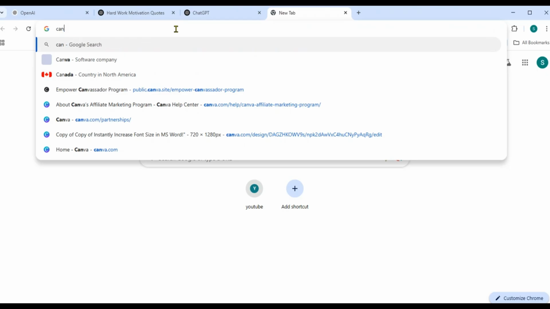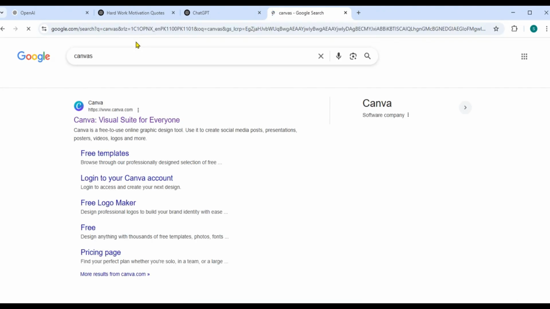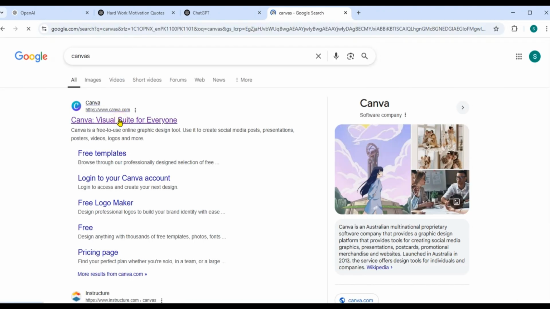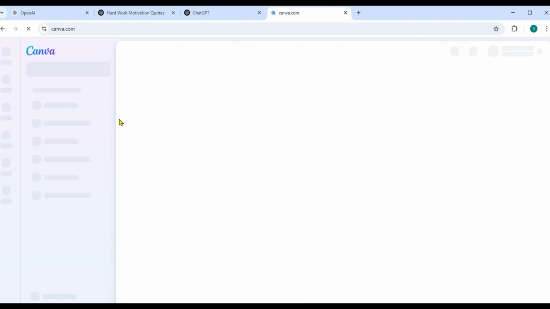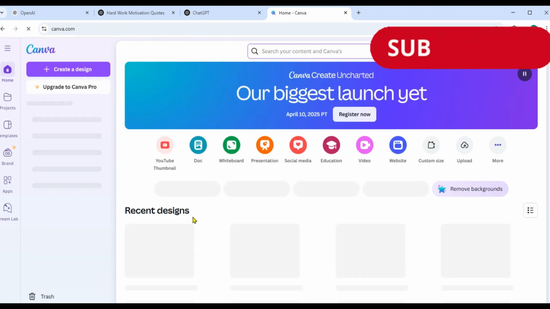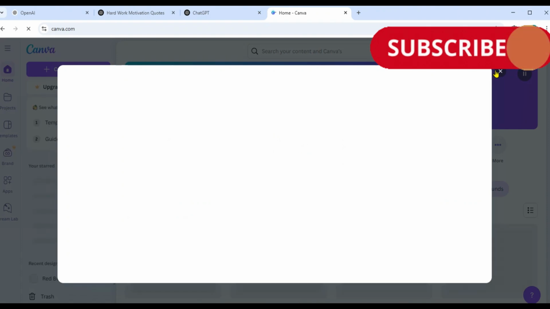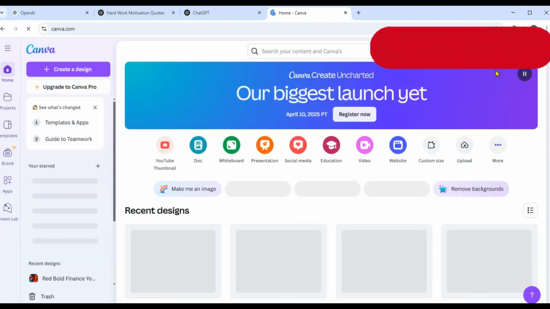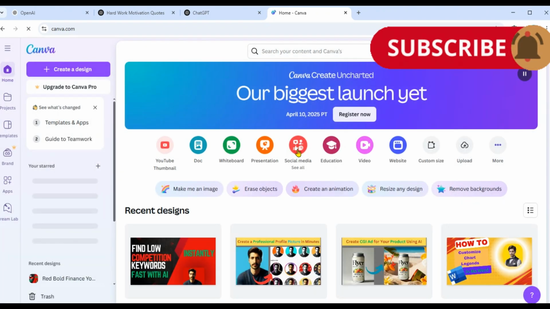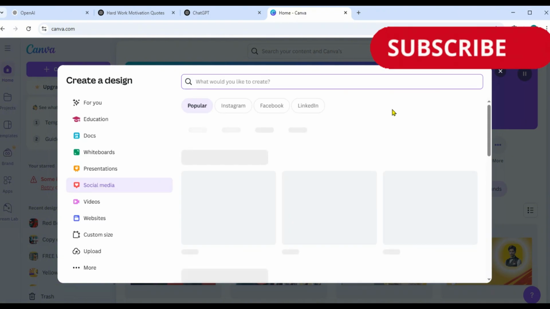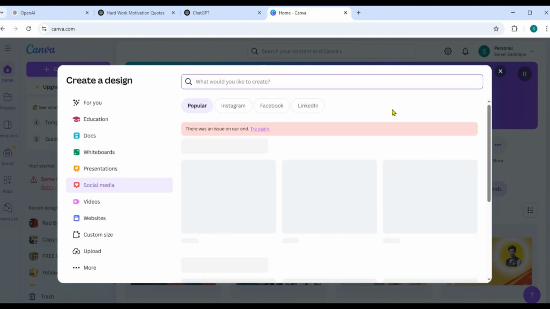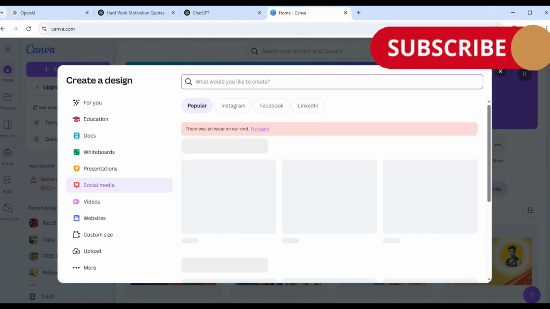Next, open your browser and go to canva.com, a free and powerful design tool that makes creating social media posts easy. Once on Canva, click on Social Media, where you will find different templates and formats suitable for your specific requirements. Depending on the platform you are creating content for, Instagram, Facebook, LinkedIn, Twitter, etc., choose a design format that